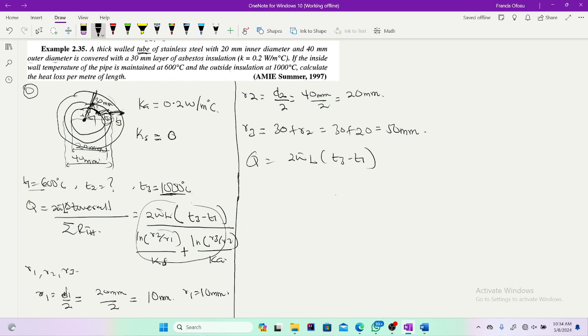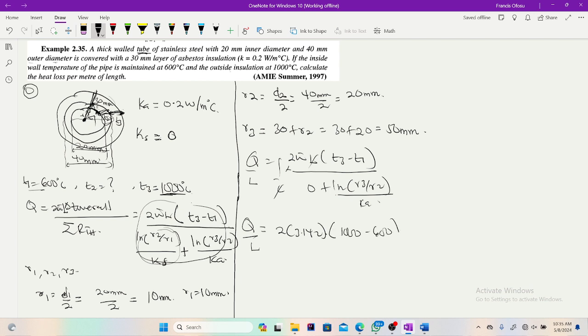If this is 0, then the whole of this becomes 0 over 0 plus ln R3 over R2 all over K of asbestos. So Q is equal to 2 multiplying 3.142. We want to find the heat per length, so we can divide by length. So we have Q over L is equal to 2 multiplying 3.142 multiplying 1000 minus 600 all over